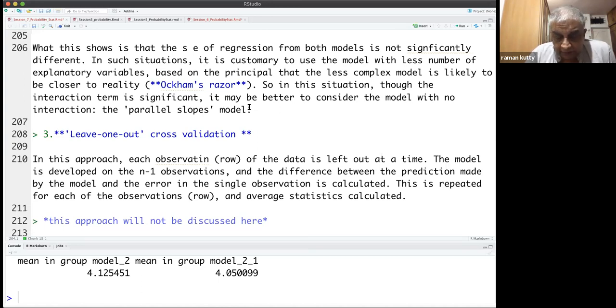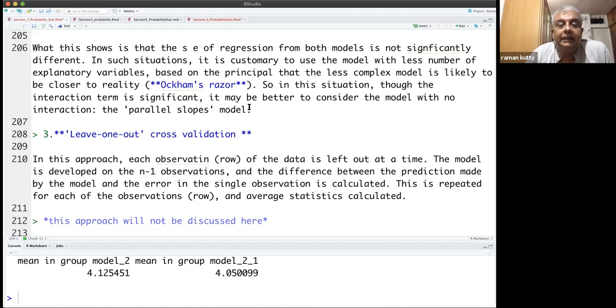Leave one out cross-validation means if there are 100 units in the sample, or in this case, we have 93 cars, you take one, leave one out, develop the model on the 92 and then calculate the sigma from the model involving the 92 and compare it with the actual value of the 93rd car.